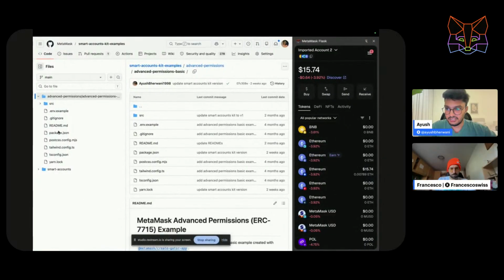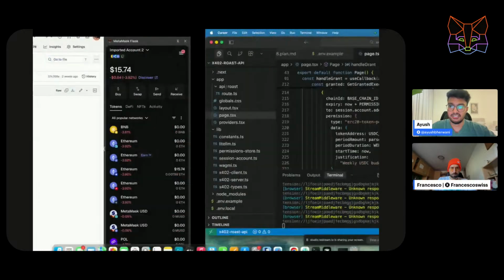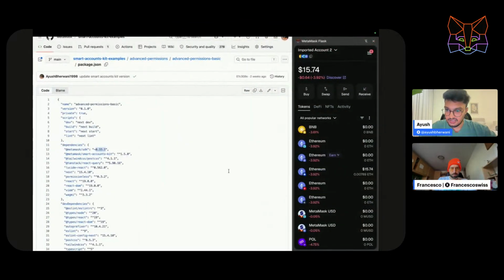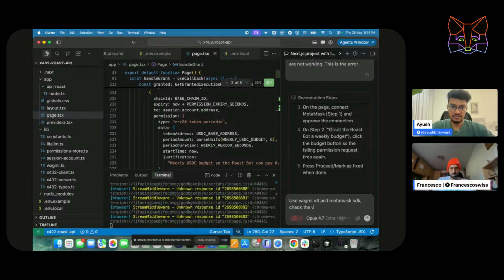Which version is this? I think this is also using Wagmi v3 only. No, it is using MetaMask SDK, right? Might be.